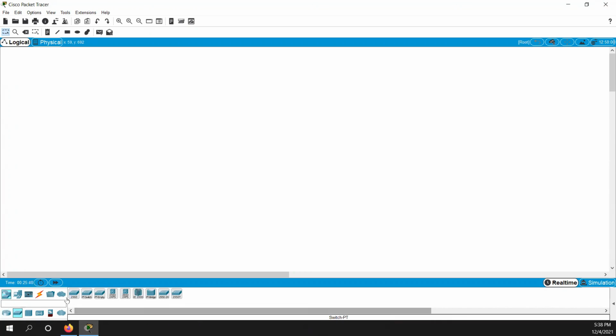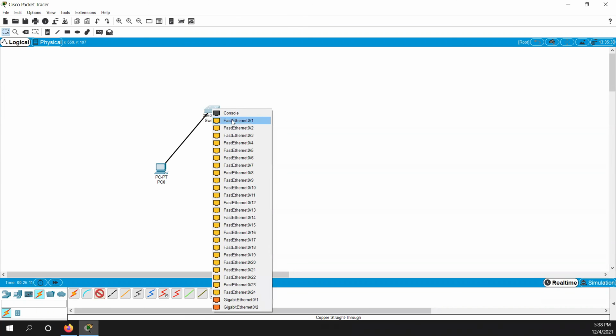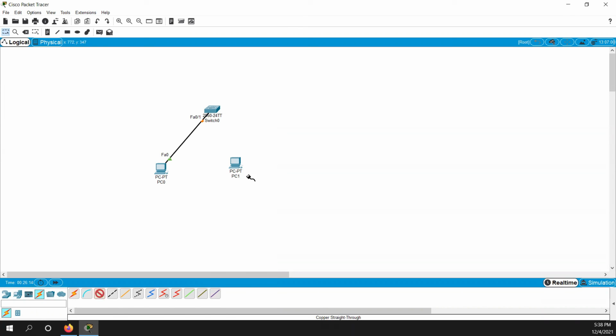This is a switch, and I can use any of the switches over here. And then I would use some PCs right here, this PC and this PC. Let's put them. And then use a cable. We have different types of cable, you can see. This cable is known as a cross cable, and this cable is known as a straight cable. So between switch and PC, which cable do we have to choose? Straight cable. Select it, connect to the Ethernet port, and connect to the switch, this port. And then again use a straight cable, connect to the FastEthernet port, and connect to the switch.